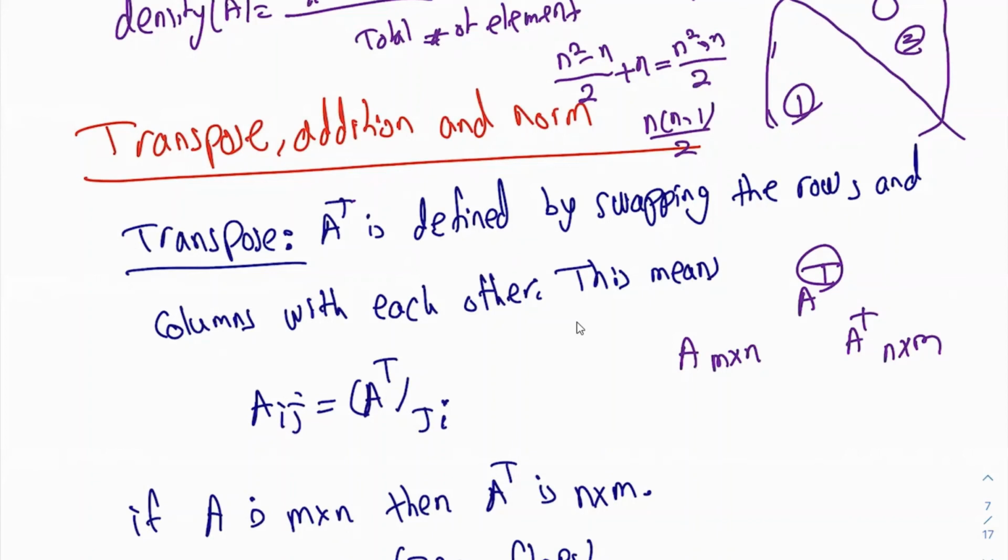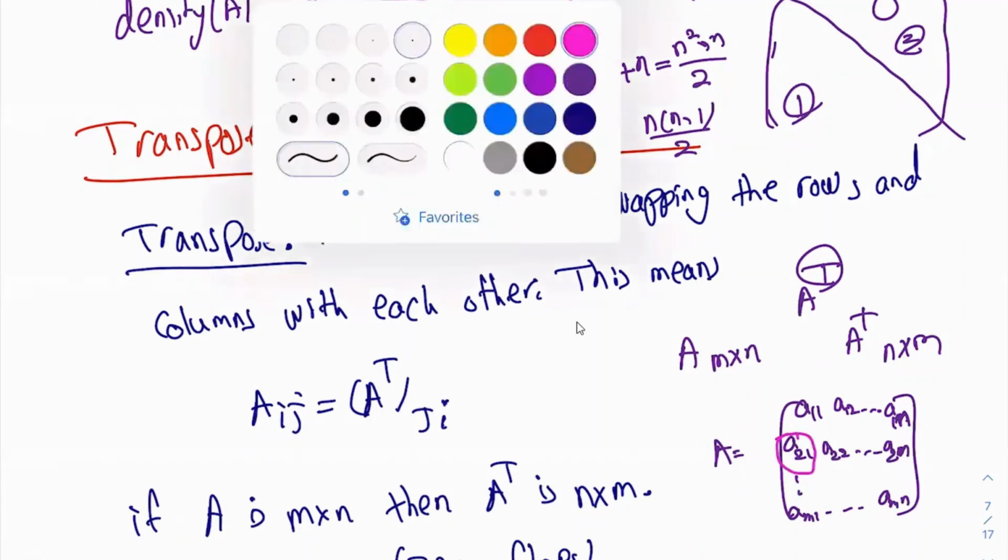What I mean by swapping rows and columns is this: the element A_ij. So this is A11, A12, all the way to A1n, A21, A22, all the way to A2n, and then all the way to Am1, all the way to Amn. If you consider this element, A21, when you write the A transpose,